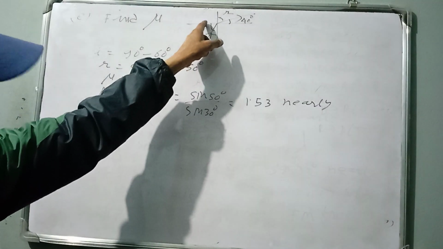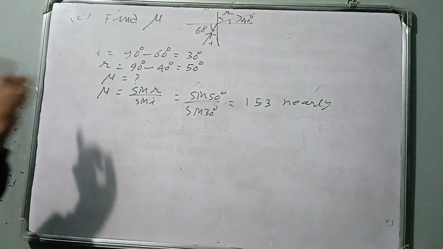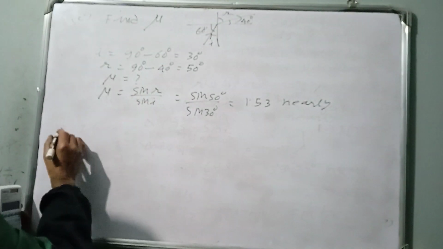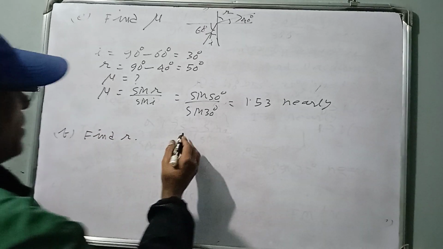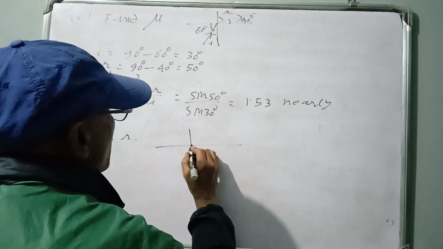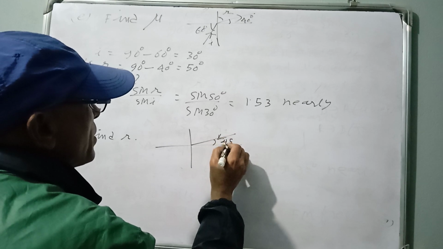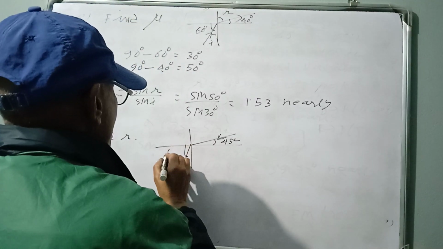See, angle of incidence 90 minus 60, angle of refraction 90 minus 40, 50. Mu equals sine R by sine I, because the light is going from denser medium to a rarer medium. Find mu, and you can easily find even R also. Okay? This angle of incidence. See, find angle of refraction. In this case, if the angle of incidence is, suppose this is say 45 degree, suppose it may be 65 degree,